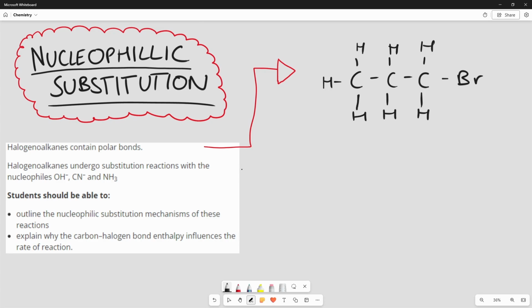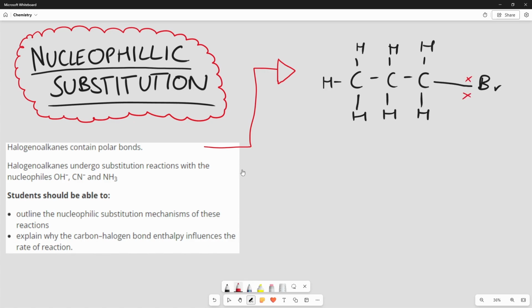So this molecule is polar because we know that the halogens are more electronegative than the carbon atoms. Electronegativity is the ability of an atom to withdraw electron density from within a covalent bond. That might sound like a lot, but it just means that the bromine pulls the electrons towards it. In covalent bonds, electrons are shared between two elements, or two non-metals more precisely. But in this case, because the bromine is more electronegative than the carbon atom, it actually pulls the electron density